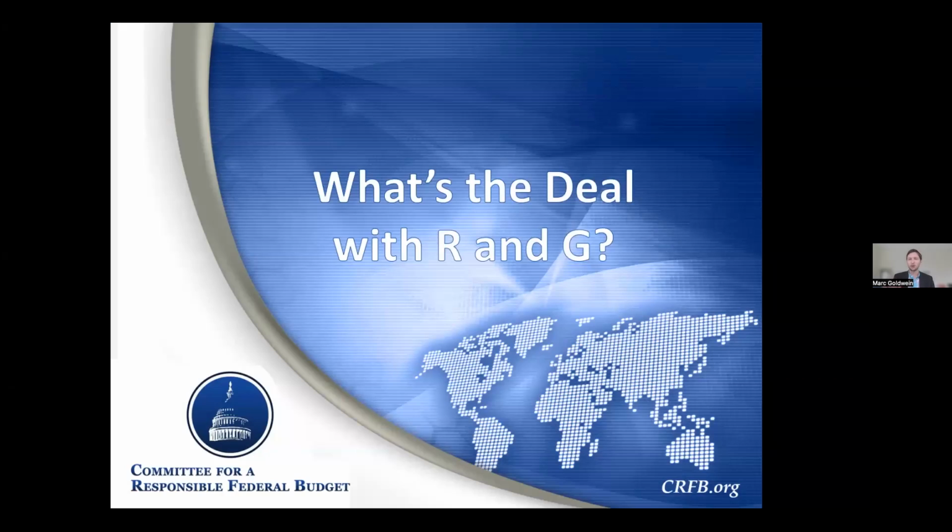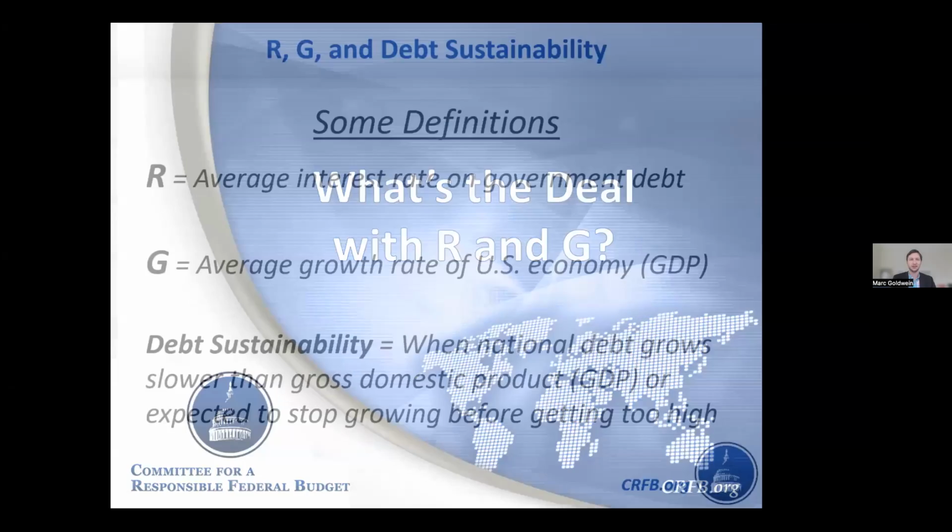Let me start with some basics, and then I'm going to go into some more details about our debt sustainability. When we're talking about R versus G, first of all, I really need to credit Olivier Blanchard, the former chief economist of the IMF, for popularizing this concept, even though it's been a long-known mathematical property. His recent speeches and book do a deep dive into this issue.